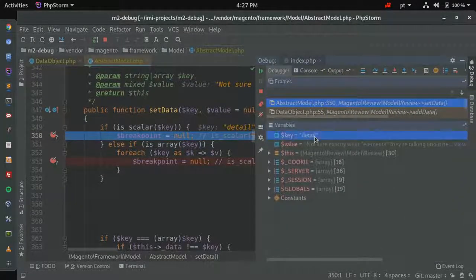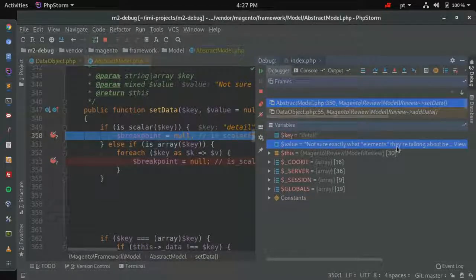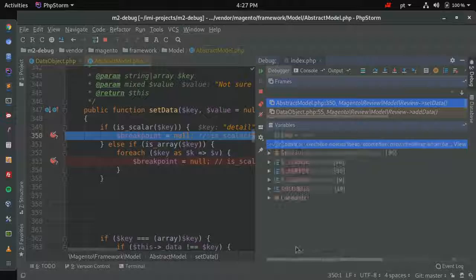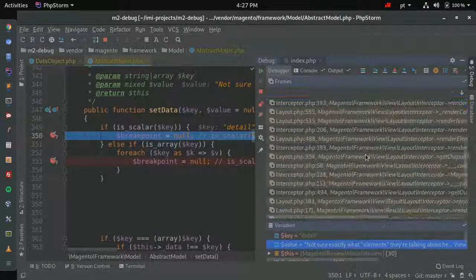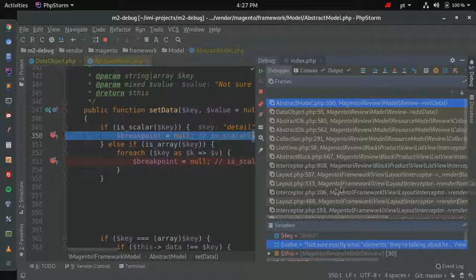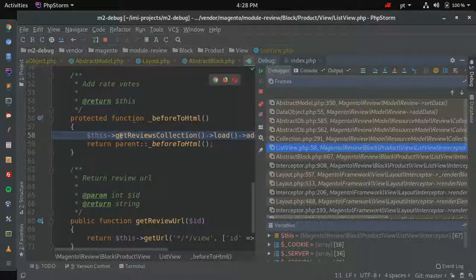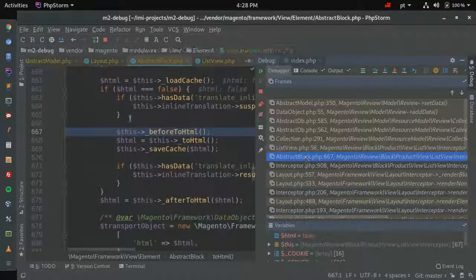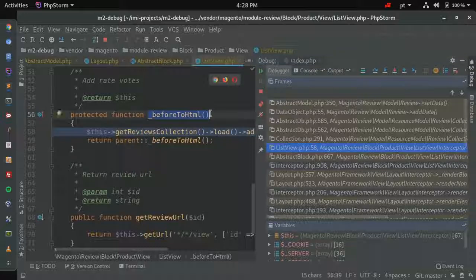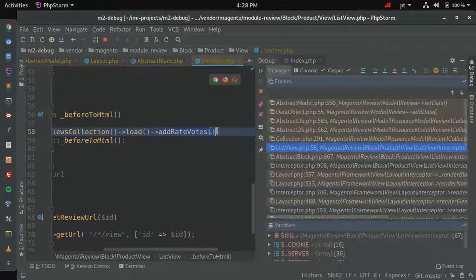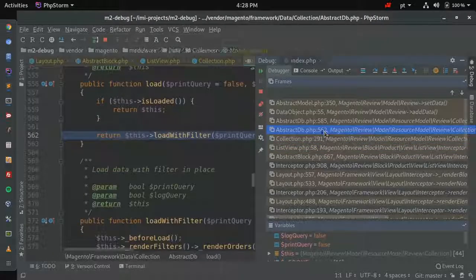Let's see. Okay, detail. Not sure exactly what elements they are talking about. They are talking about here exactly. So okay, but let's see where it's coming from. We have the entire Magento stack here, and then layout. Okay, list view. Cool. List view, and before HTML there is this. Before to HTML, there's this get review collection, right? Which is loading a collection, right? Loading and then add rate votes. Loading the collection